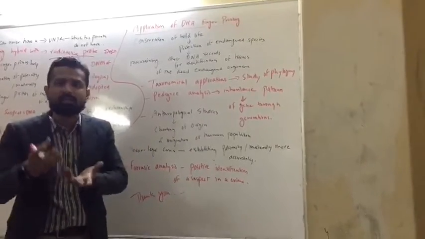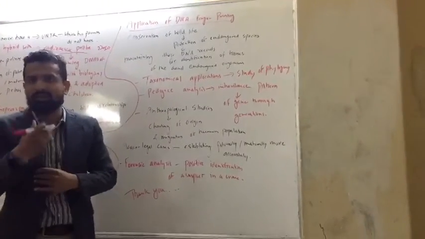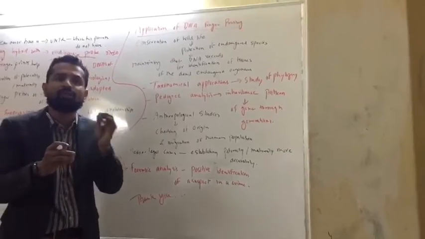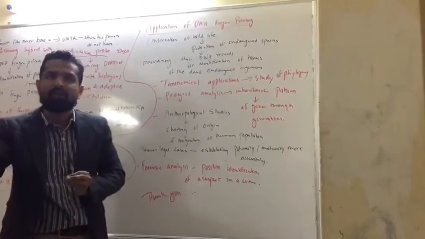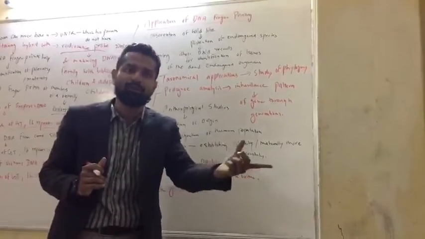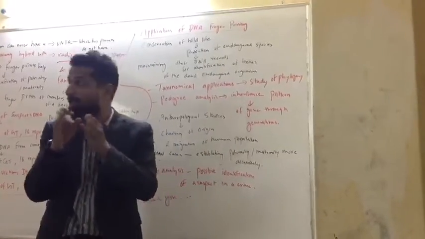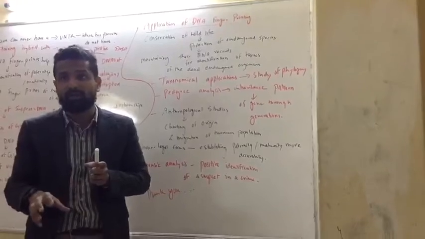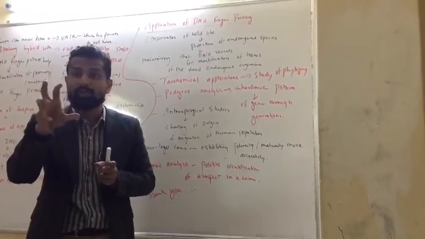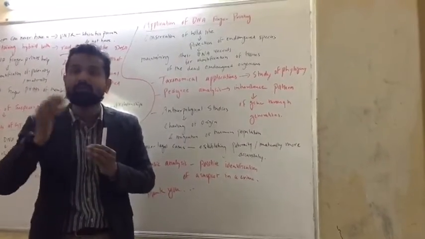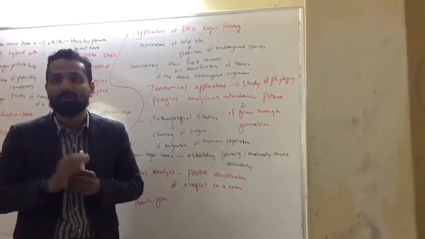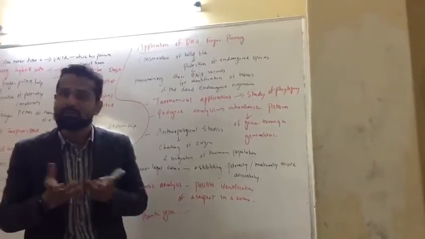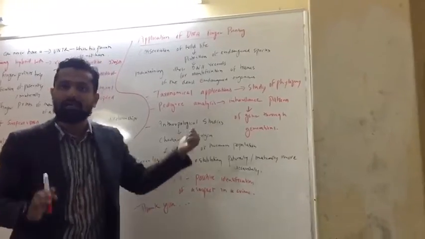Another point, pedigree analysis. What is a pedigree analysis? In human diseases, it is very helpful. It is checked that if the mother has some problem, the son is going to have it. If the father has a problem, then the daughter is going to have it. That's why it is said to the believer that we must fear Allah subhanahu wa ta'ala. Otherwise, this is going to come into your children. Your behavior is going to come into children. Did you understand? Can we connect with this?